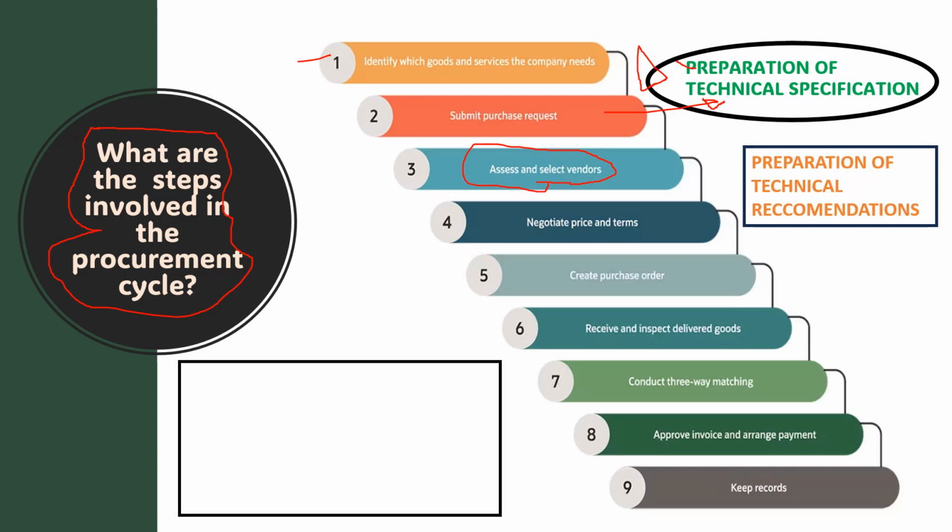So after this we negotiate the terms and prices, and in between there is a document prepared which is known as the technical recommendation. So the technical recommendation is an important document, because based on this technical recommendation, generally your engineering team or your technical team gives the clearance that the offers received are technically eligible, and the solution provided by all the suppliers is technically feasible as per the requirements mentioned in the technical specification.